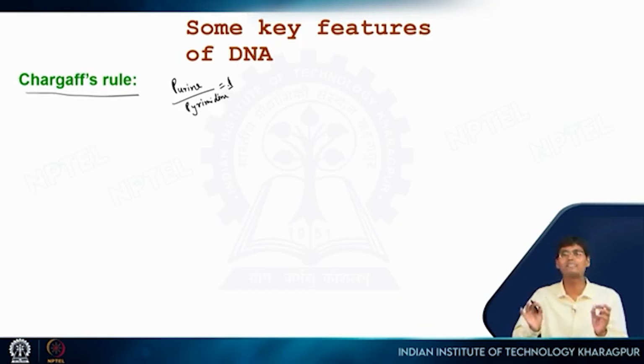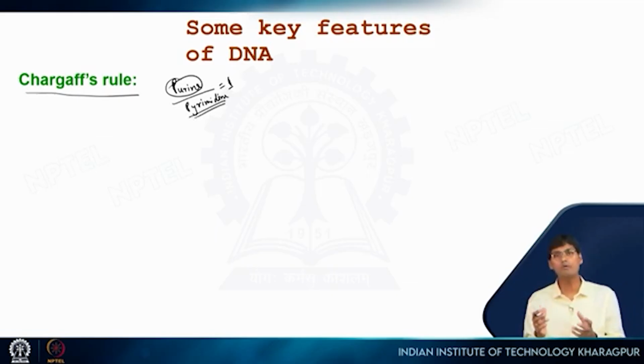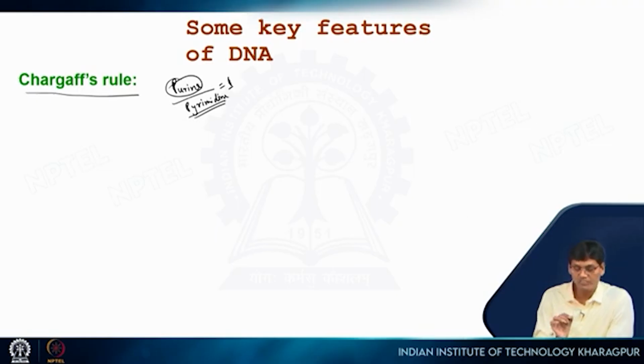The very easy thing to remember is the short name. Purine is a short name, but the structure is big. On the other hand, pyrimidine is the bigger name, but the structure is small. So what they found is that the purine and pyrimidine ratio is always 1. That means there is some association between purine and pyrimidine. They stay together. Not only that, if we analyze in even more detail, what was known is that in DNA, A